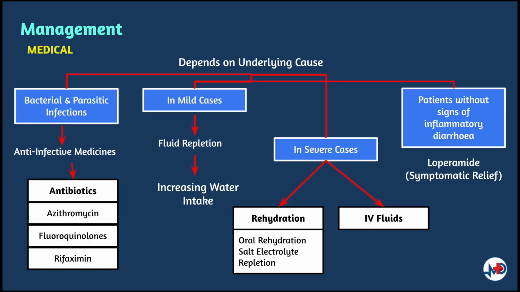So antibiotics should be used to treat severe traveler's diarrhea. Azithromycin is preferred to treat severe traveler's diarrhea. Fluoroquinolones may also be used to treat severe non-dysenteric traveler's diarrhea. Rifaximin may be used to treat severe non-dysenteric traveler's diarrhea as well. Bismuth salicylate, 2 tabs 4 times a day, can be used for prophylaxis.